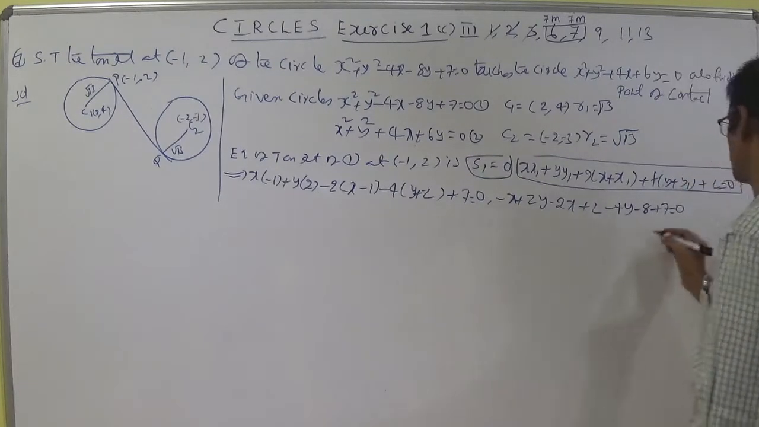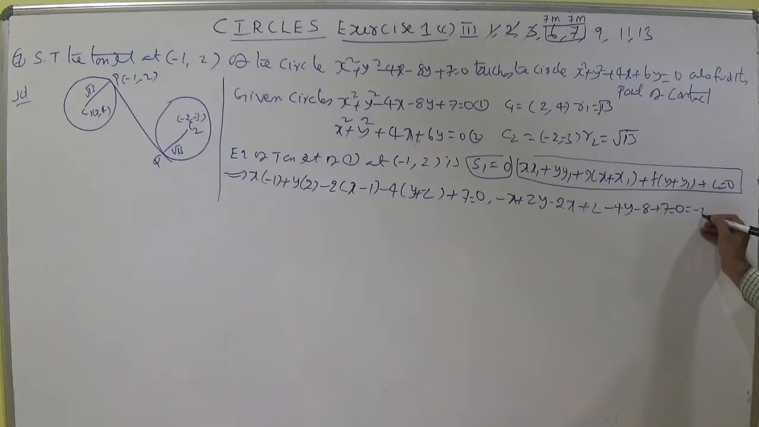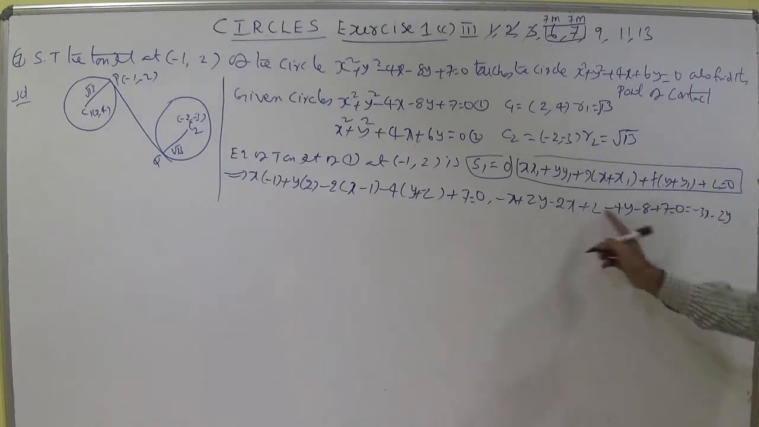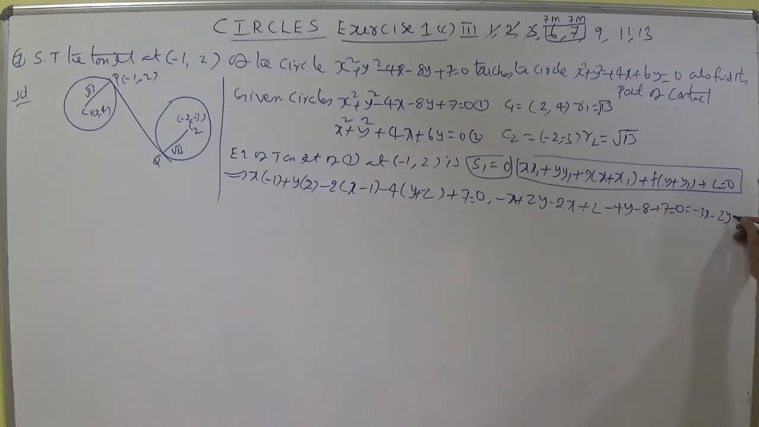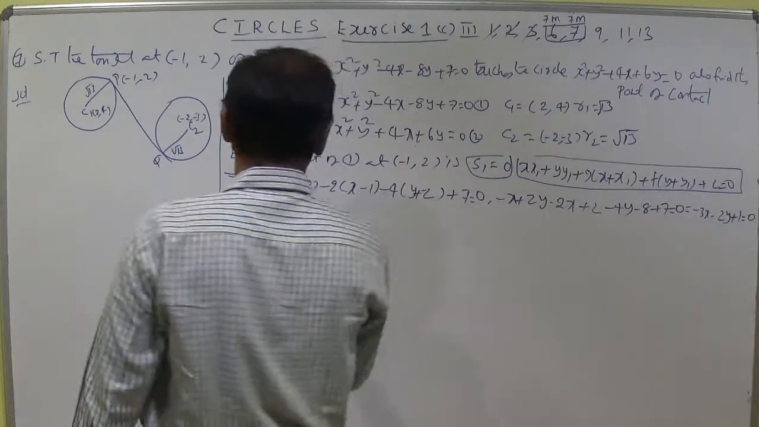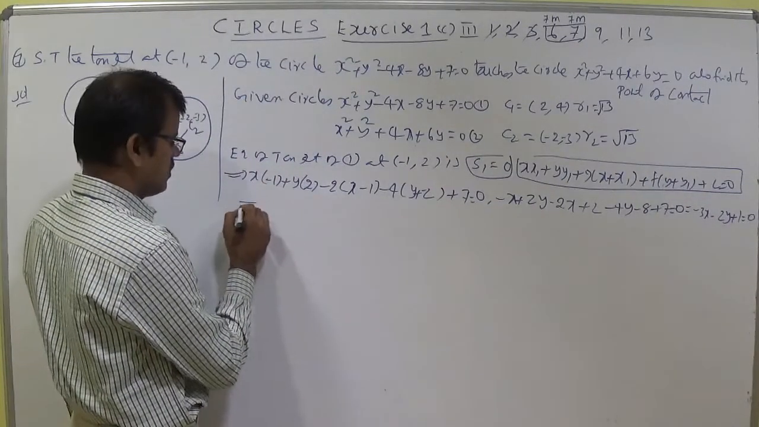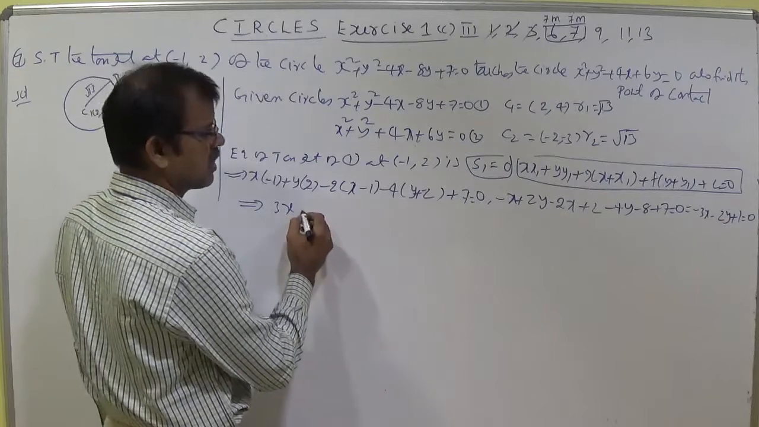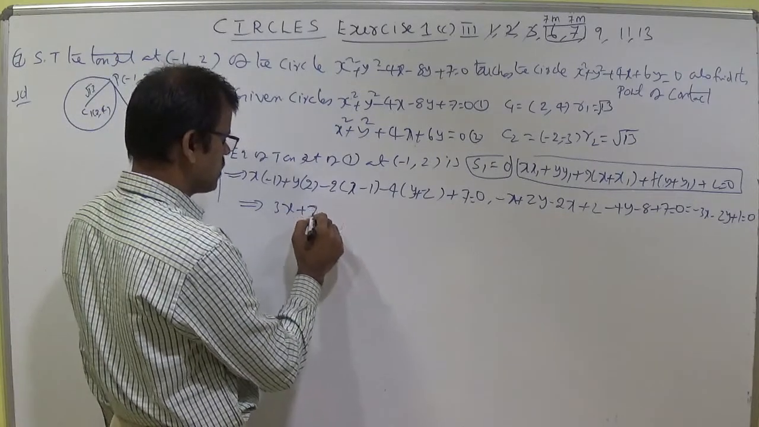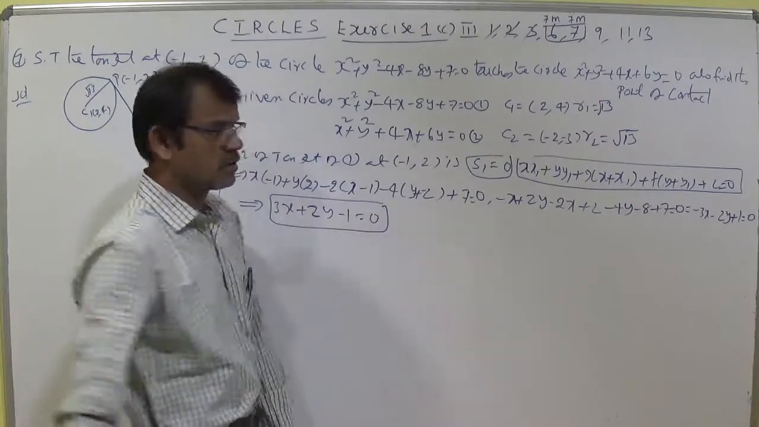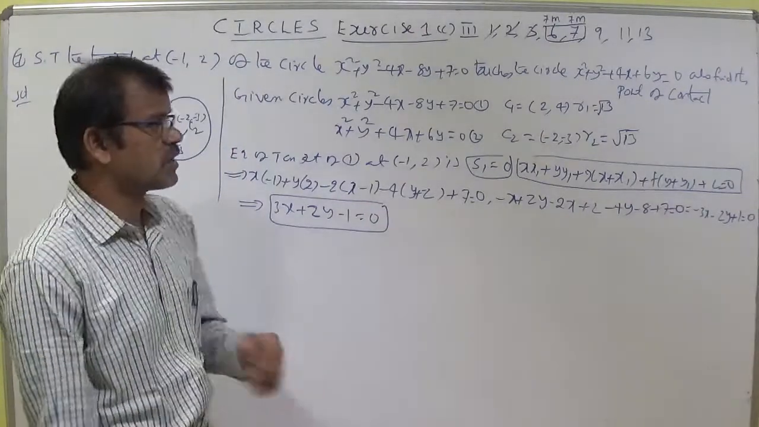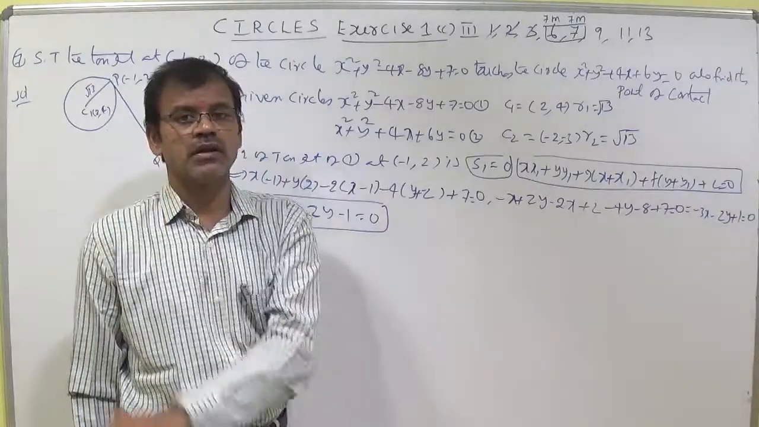-x - 2x is -3x, and 2y - 4y is -2y. Next, 2 + 7 is 9, minus 8 plus 1, equal to 0, dividing by the minus symbol. That implies we can write this as 3x + 2y - 1 = 0, the equation of tangent we got. To verify this line is a common tangent to the second circle also or not, we should use the